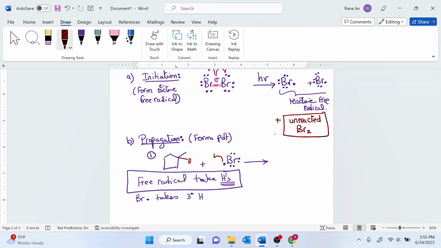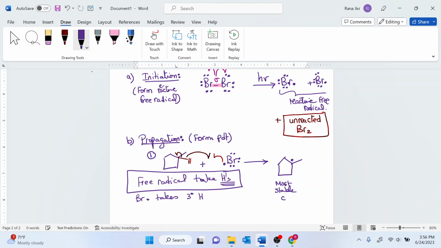It's going to take one electron from that sigma bond, and the other electron is going to form on the tertiary carbon. And this is why bromine is very selective, because what you need to form is the most stable radical. This is the rule. So you form the most